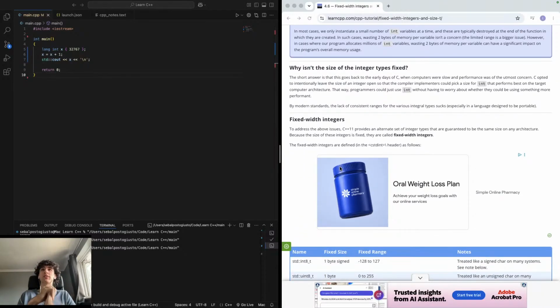Fixed width integers. To address the above issue, C++11 provides an alternative set of integer types. These are called fixed width integers. Fixed width integers are defined in the, or rather, cstdint header as follows: